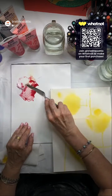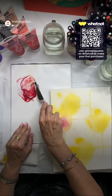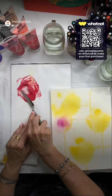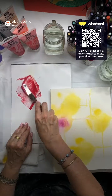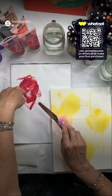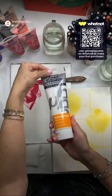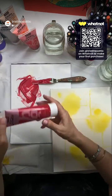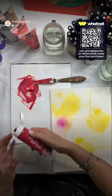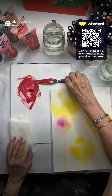And what's going to happen is that white is going to change the color a little bit to make it a little bit lighter, right? So then that made it a little more toward pink. And it's going to stay that pink color because this medium is going to dry white and not clear. You know what? I want it just a little bit redder. So I'm going to add just a little bit more red. More red, please. Okay,